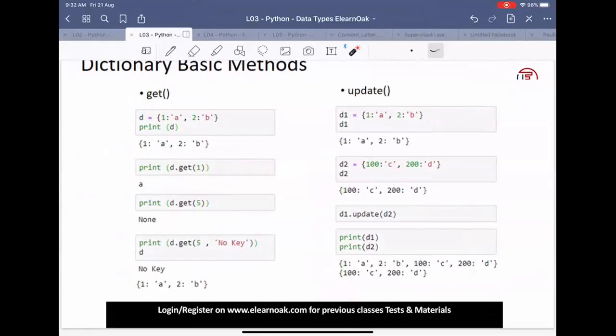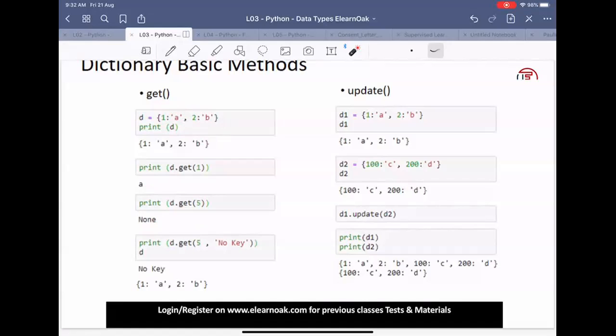We have additional functions that are interesting for using dictionaries. We have the get function and we have the update function. The get function can help us to extract items. When you write d.get(1), you can extract the value A here. When you say d.get(5), we can see that the 5 element does not exist here, and since it does not exist, it gives us the answer None.